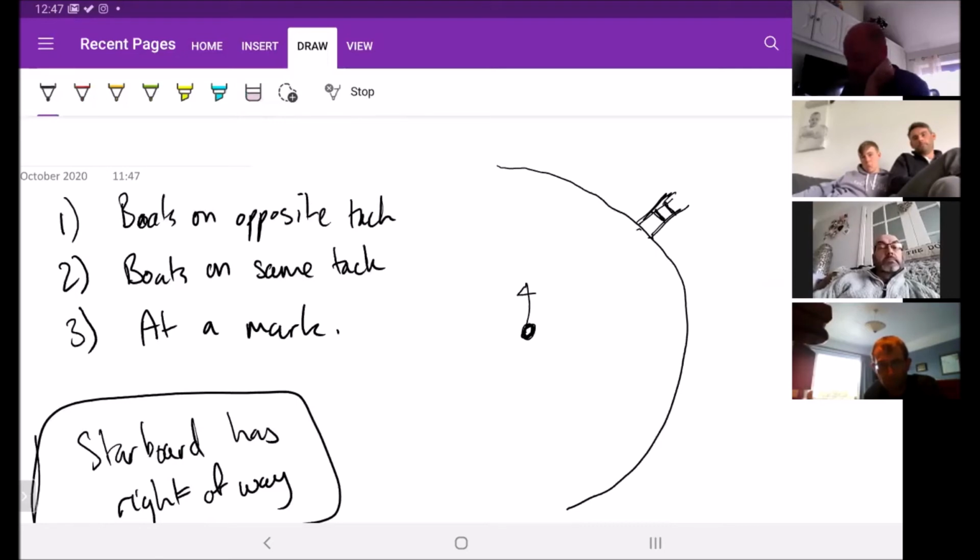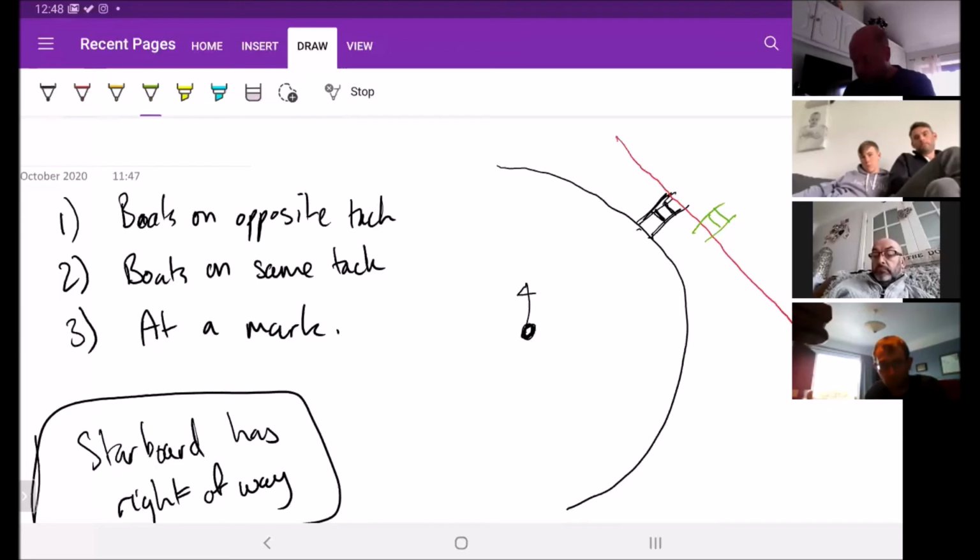That test is that there is a line drawn 90 degrees to his transom, and any boat that has an inside overlap of his transom has the right to go inside him at the mark. That's called water at the mark. So I'll draw him in green rather than black. That means the green boat here,